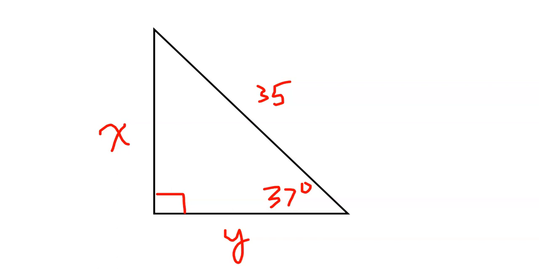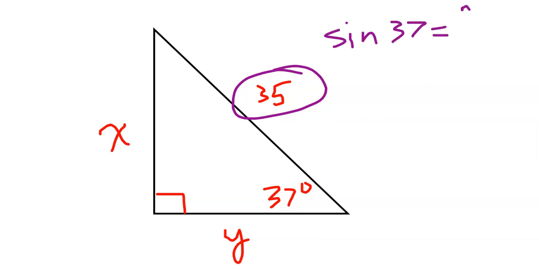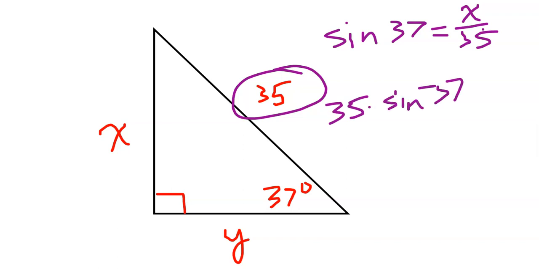So in this problem, we know a 37-degree angle, and we know the hypotenuse is 35, which means we'll probably use sine and cosine. So sine of 37 is the opposite, which is x over 35. Here, we can multiply by 35 on both sides to get that x is 35 times the sine of 37 degrees. We end up with something in the vicinity of 0.6018, and so 0.6018 times 35 gives you something in the vicinity of